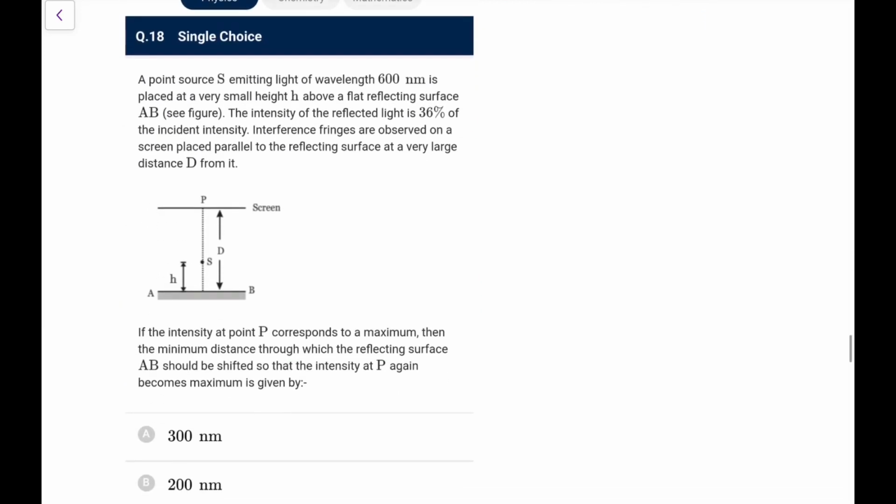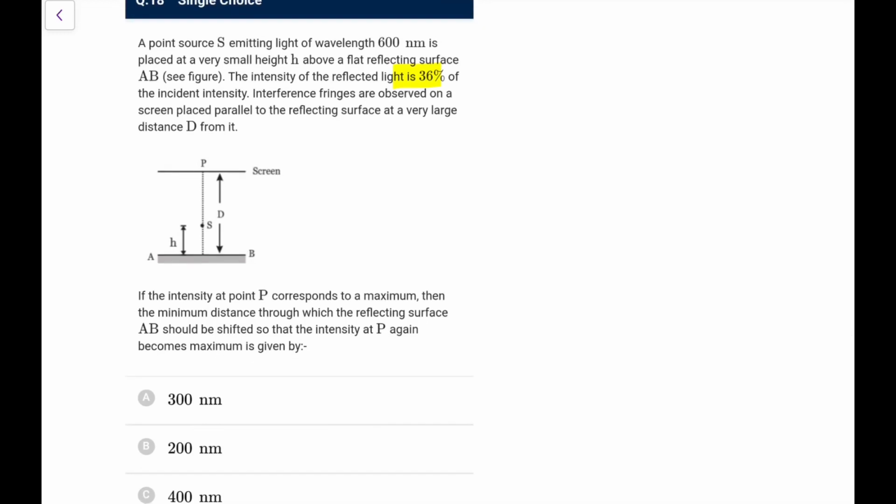A point source S emitting light of wavelength 600 nanometer is placed at a very small height h above a flat reflecting surface AB. Intensity of the reflected light is 36%. Interference fringes are observed on a screen placed parallel to the reflecting surface at a very large distance d from it. If the intensity at point P corresponds to a maxima, then the minimum distance through which the reflecting surface AB should be shifted